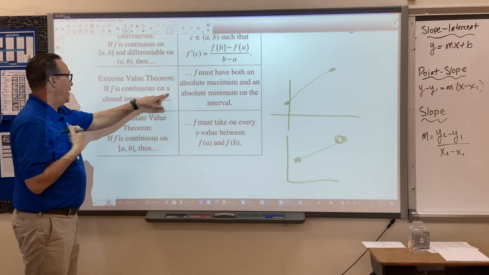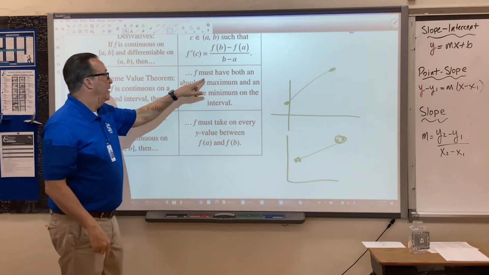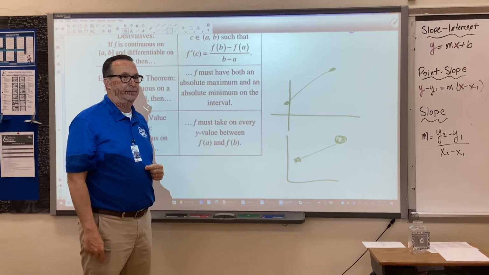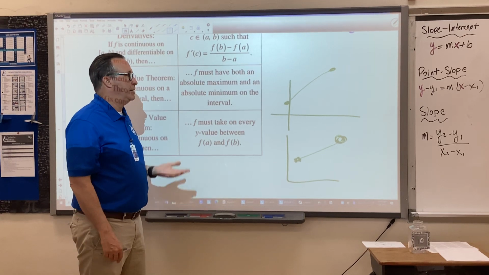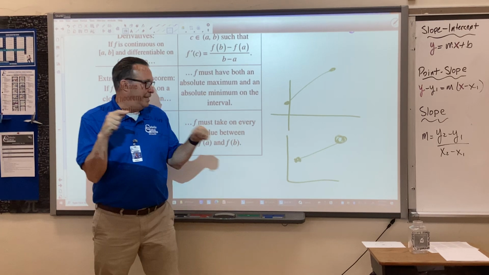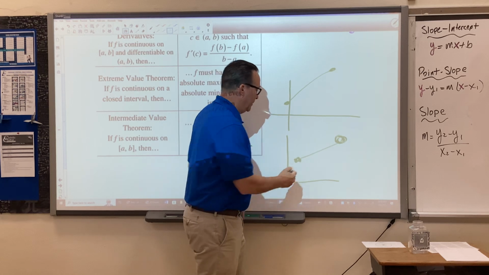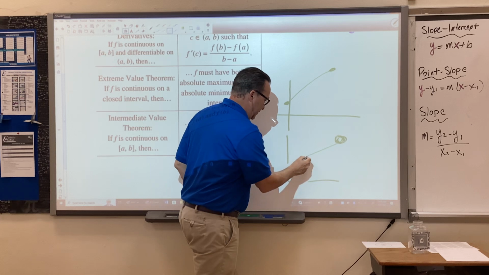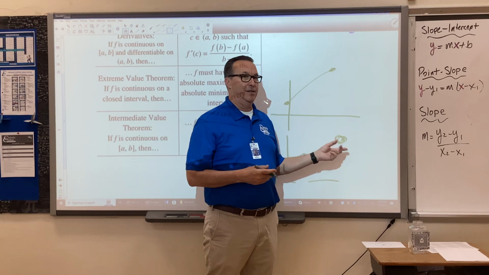Extreme value theorem. F is continuous in a closed interval. Those are the conditions of the extreme value theorem. Then f must have both an absolute maximum and an absolute minimum on the interval. Like, duh. Right? Of course you do. Doesn't matter what the function looks like. If you have a closed interval, it doesn't end with an open circle on the end of it. You're going to have an absolute maximum and an absolute minimum. There. Now it has neither an absolute max or min, because it's an open